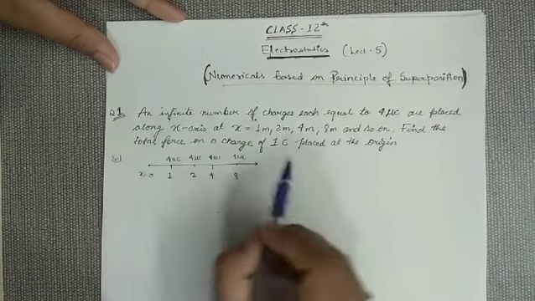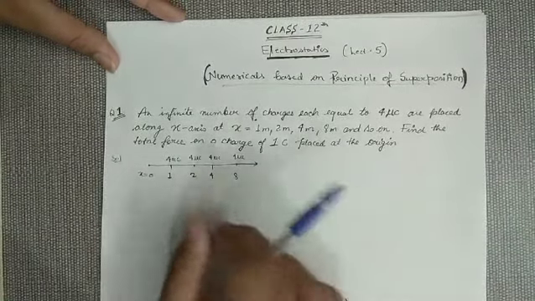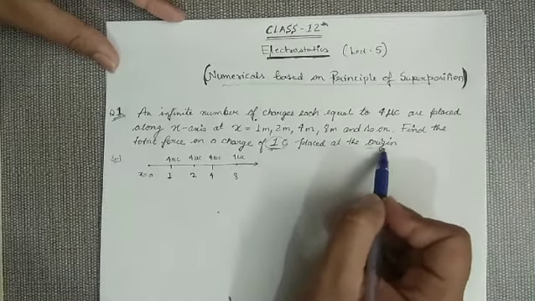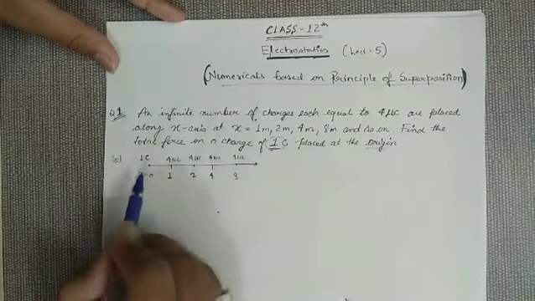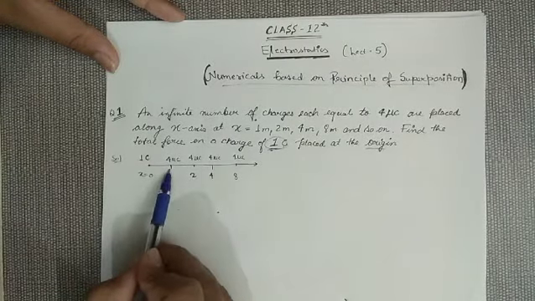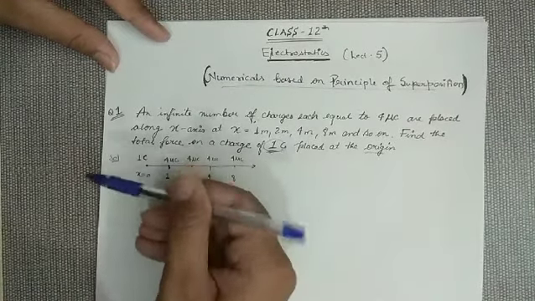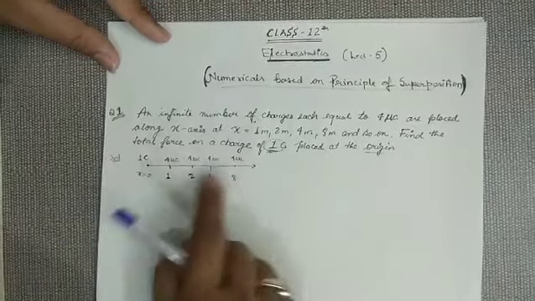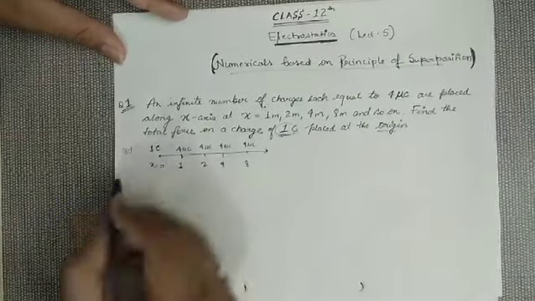So we have to find actually all these charges. These infinite charges are going to apply force on a charge of 1 coulomb, and this 1 coulomb charge is placed at the origin, that is x equals 0. A charge of 1 coulomb is placed and we have to find the net force on this Q. Now see, the first charge, this is the first charge, x equals 1. This is going to apply force on this charge in this direction. Second is also going to apply in this, third is also going to apply in this, and fourth is also going to apply in this direction, that is towards the left, which means I can add all these forces.